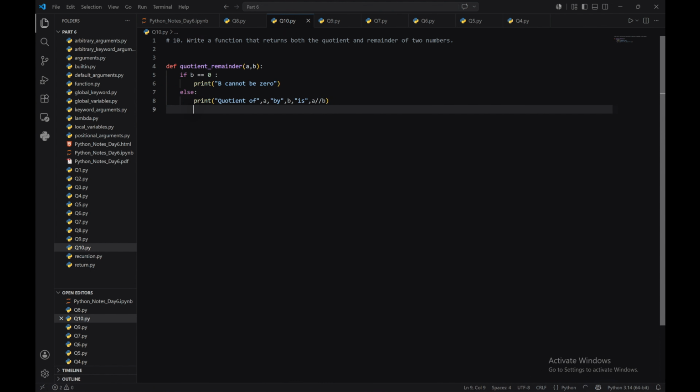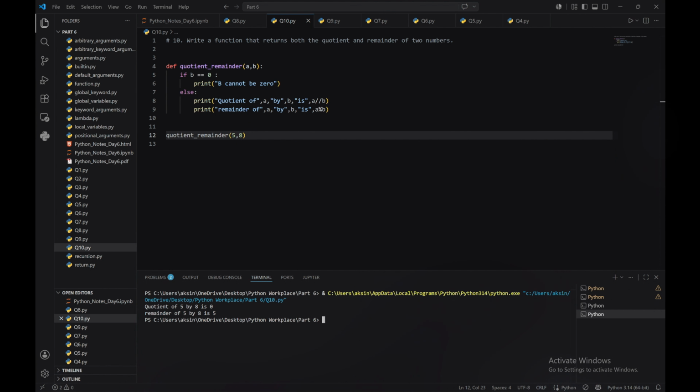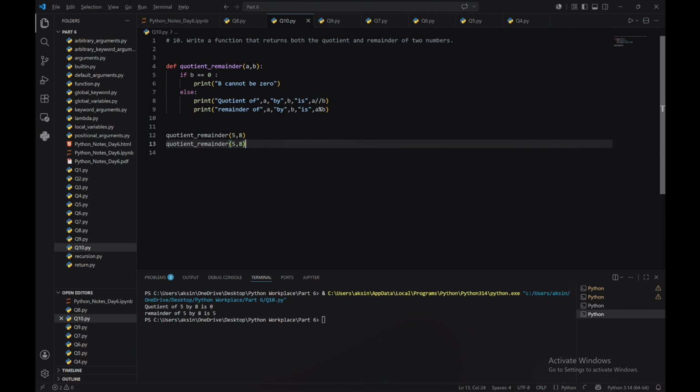and after that we are going to print the remainder of a by b is a mod b. Then we are going to call it as quotient_remainder(5, 8). So it is going to give the value as 0, 5,